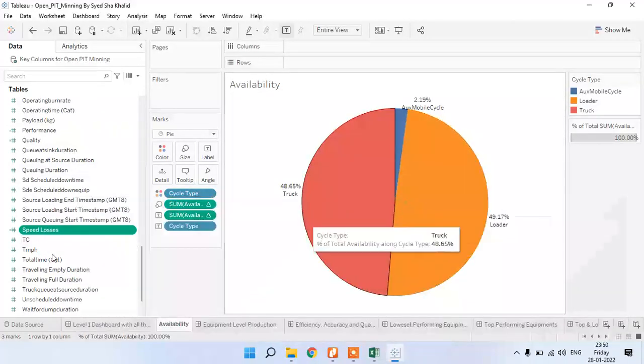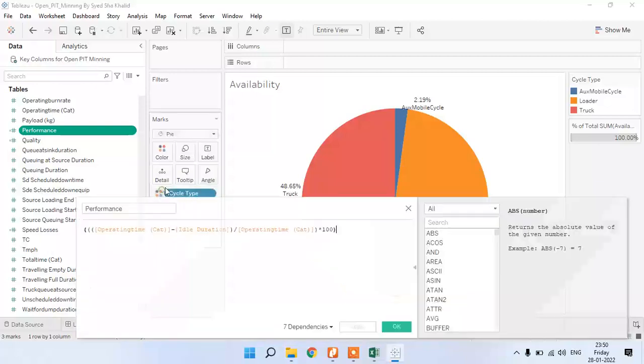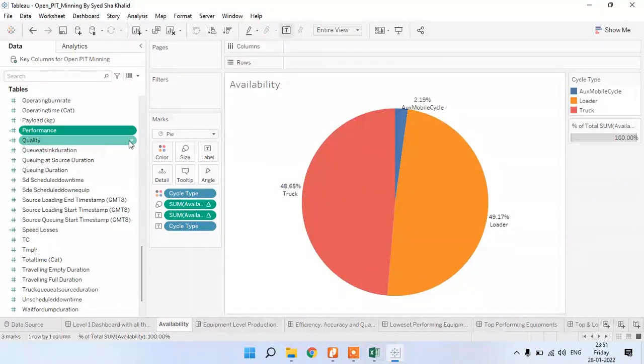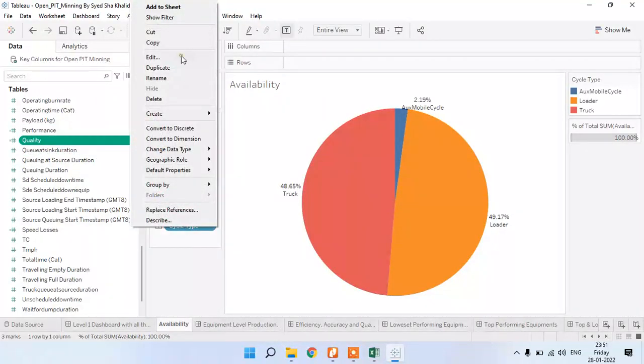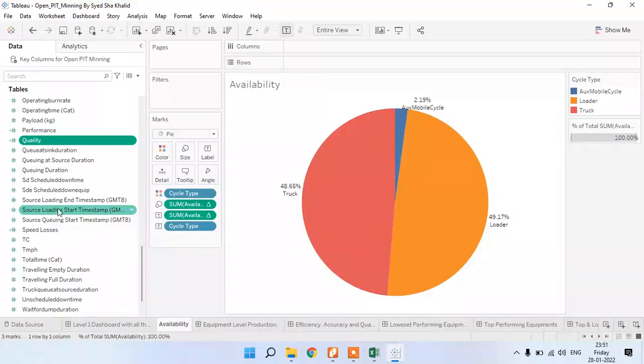In the speed loss I have taken only idle duration. Availability, quality and performance, these three I have created. Edit: that is operating time minus idle time. It is nothing but speed loss divided by operating time. Earlier I have shown these calculations. Operating hours minus downtime divided by net operating loss, it is nothing but quality. Accuracy is the same type here.